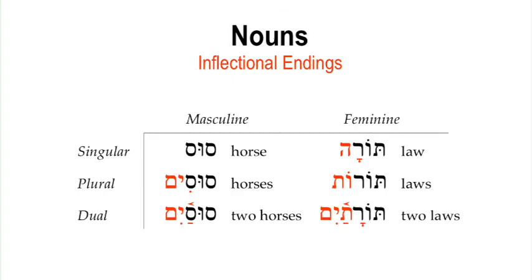All right? Now let's consider what a noun looks like in those two genders. Look at your screen with me at nouns with inflectional endings, and you'll see two columns of nouns. All right? The first column on your left begins with the Hebrew noun sus, meaning horse. The second column on your right begins with the noun Torah, meaning law. The nouns in the left column are masculine,